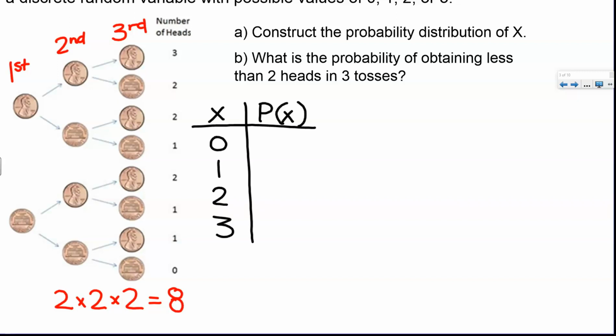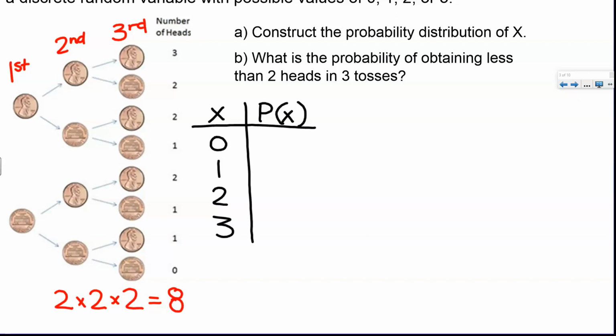Right, so the possible outcomes are 0 through 3. I already said that in the prompt there, but that's because we can have 0 heads, 1, 2, or 3 when we flip a coin 3 times. And how this is helpful to us is if you can't visualize in your mind how many heads or tails there could be, this might help you to see it. Okay, well here I would have 3 heads, or here I would have 2 heads and a tail, or whatever. So looking at these different patterns here, how many times did we get